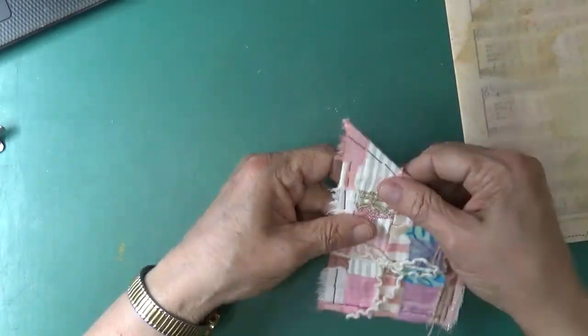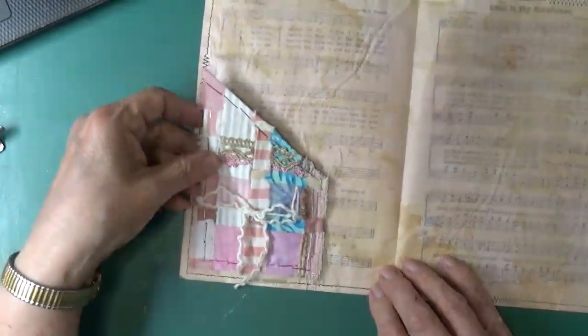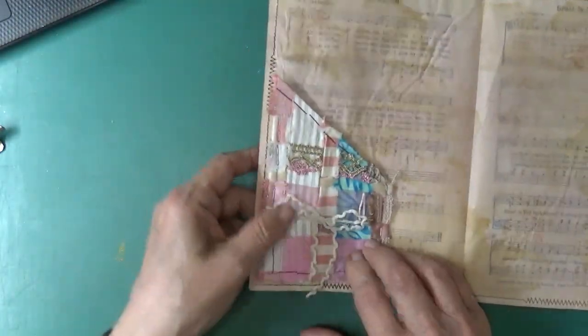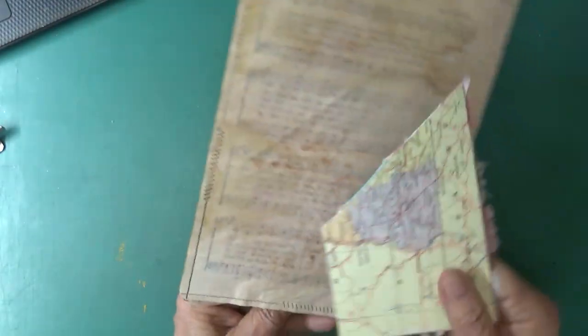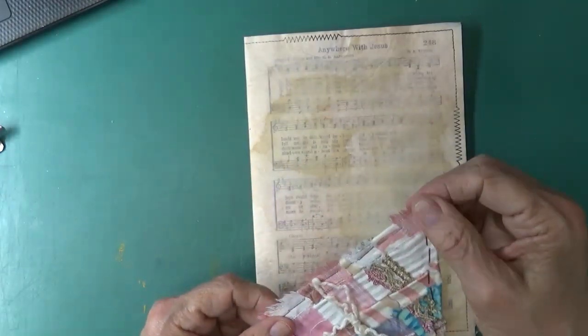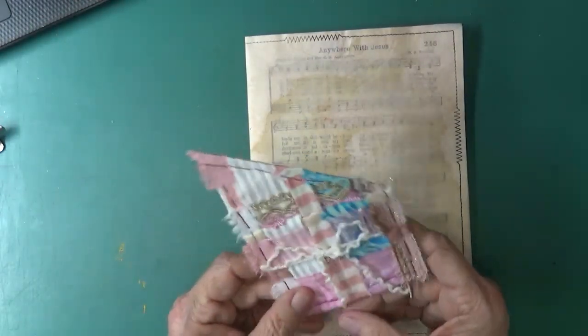Okay. So I am then going to attach this either here. I could attach it here on the inside. So pretty. So, so pretty. I could attach it on the back. Okay. I'm going to stitch just to make sure this is really, really stable. I want to stitch. And if I did this again, would I...